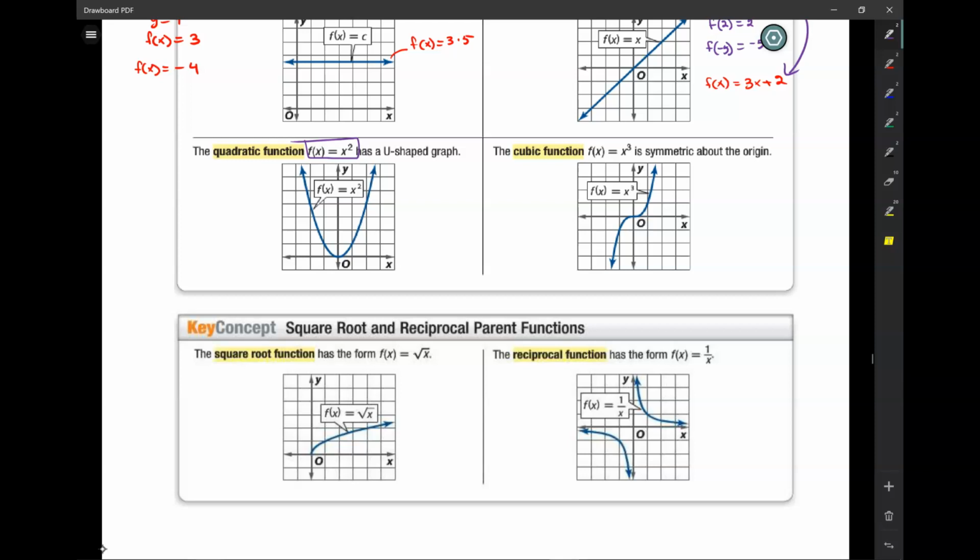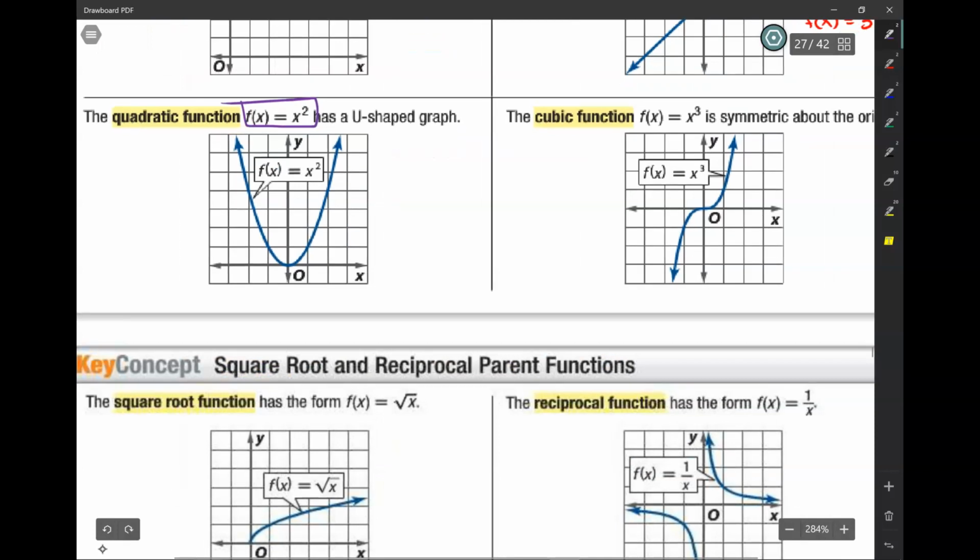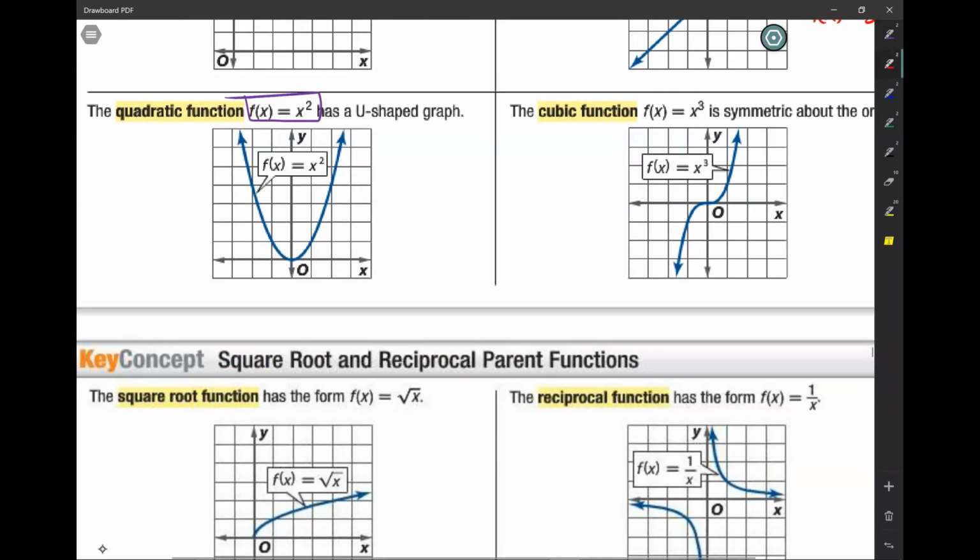Let's think about that for a minute. If this is x squared, what are some characteristics? First of all, I know you all know this, it's symmetric along that center vertically, yes? Okay, so is this an even function or an odd function? This is an even function,